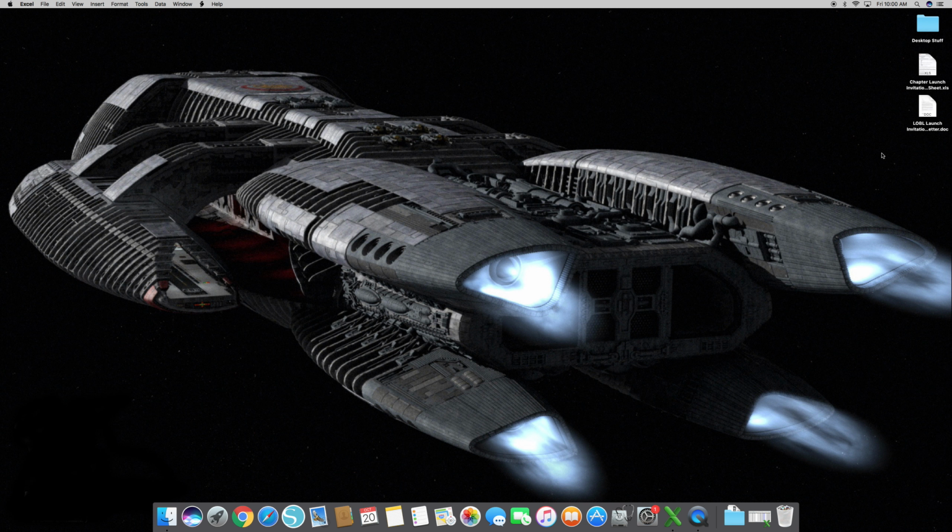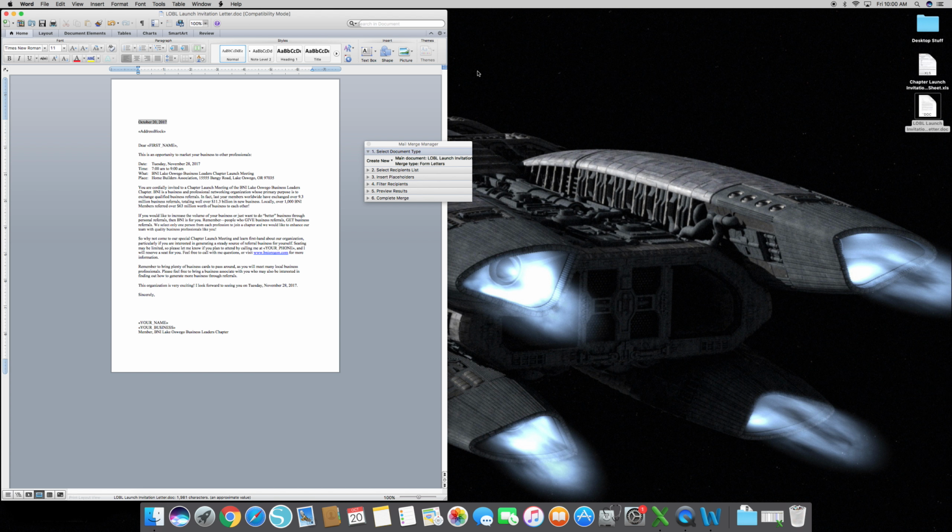So once you have that all done, you're going to go ahead and open your invitation letter. You may run into some errors, and I'm going to show you how to fix those. So the letter opens up, and the Mail Merge Manager automatically opens because it detects that this is a document that's for a mail merge. So we need to tell it that this is going to be a form letter. So under the Create New, I select Form Letters,